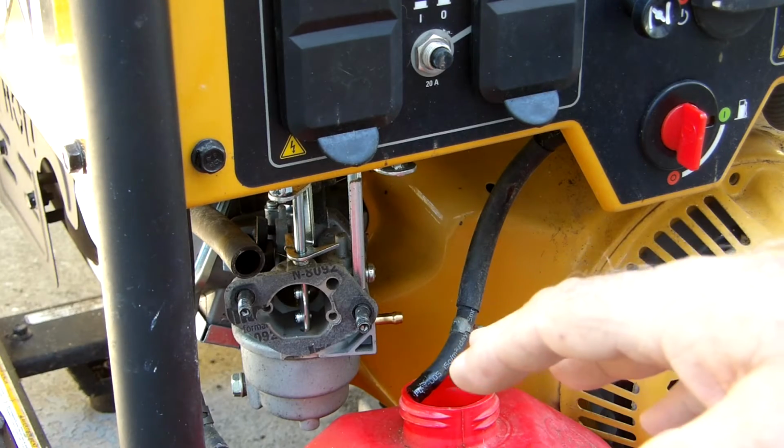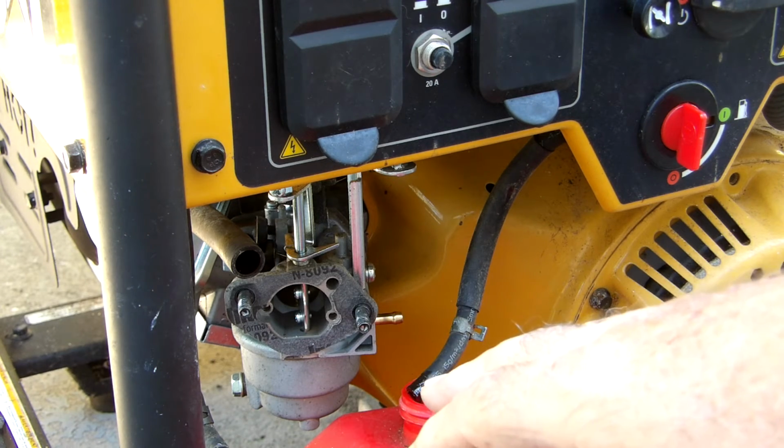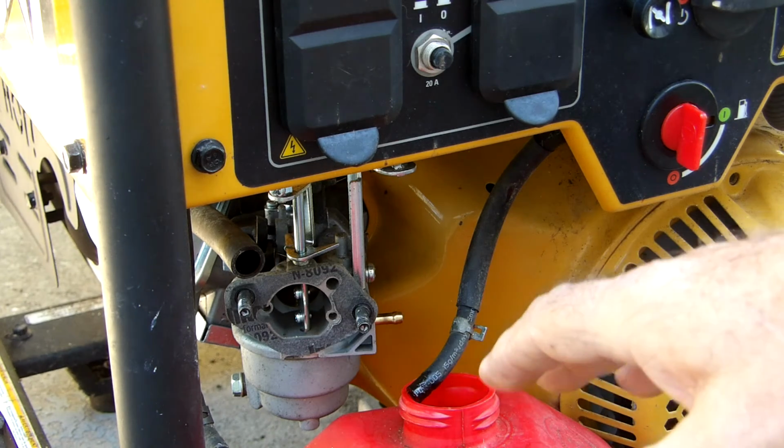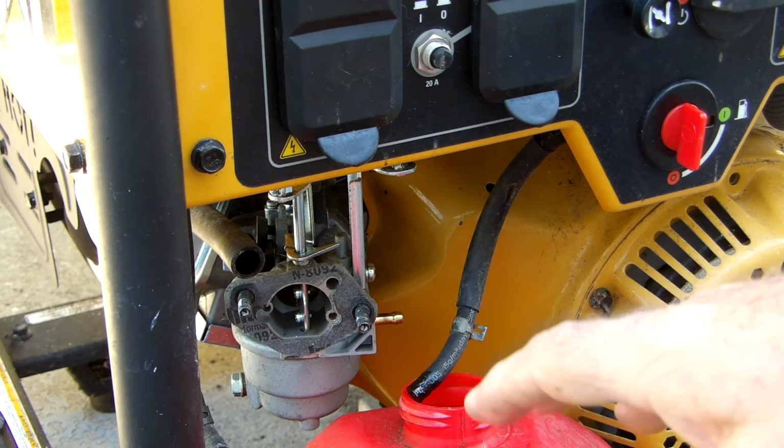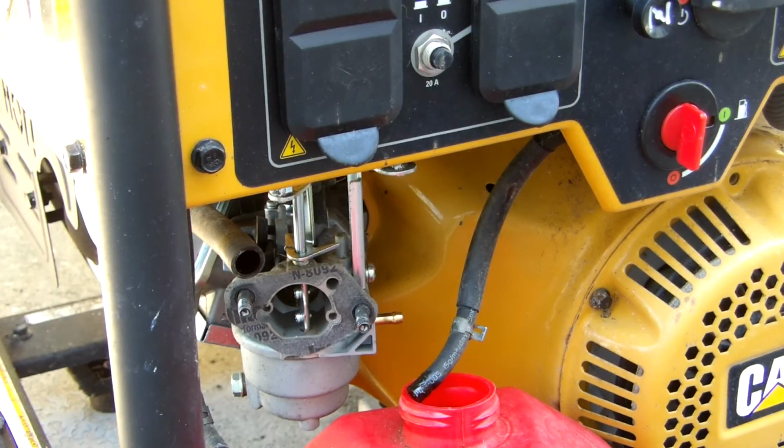If you want to be doubly sure that you've gotten all the fuel out, then take that drain out of the bowl just to make sure you've got the last of the fuel out of the bowl so that it doesn't gum up during storage. One thing the manual does recommend is to use fuel stabilizer,